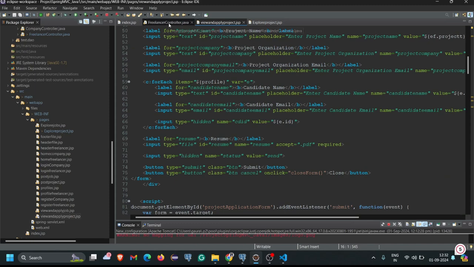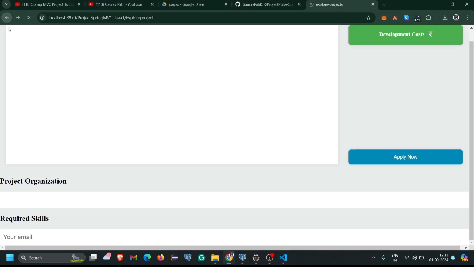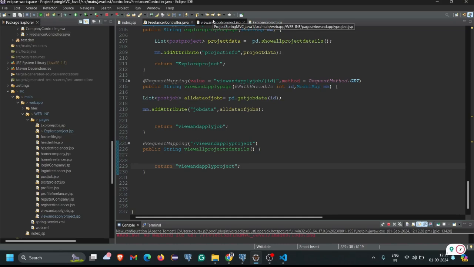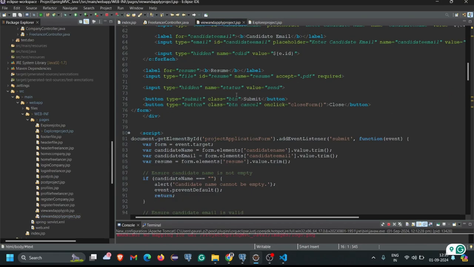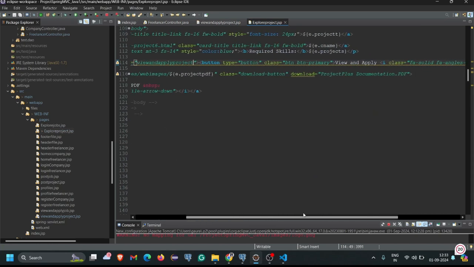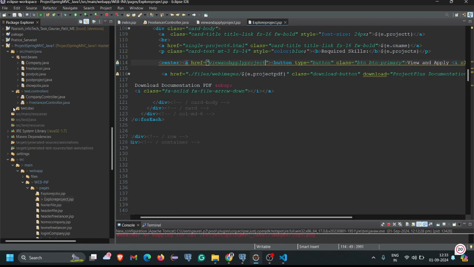Okay, so for that we have to come to a controller. Before that, remember one thing: we have to show that particular data through the ID. So first, we have to get that ID on our view and apply page. For that, come to the explore project.jsp, and here you can see the button that is view and apply. Here you have to pass that particular ID, and that ID we already took in our project